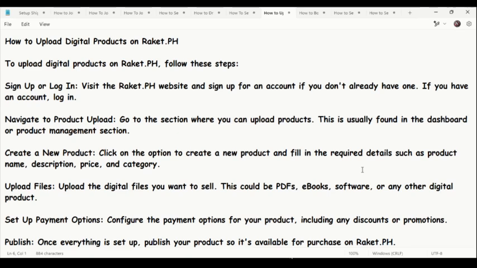After that, once everything is set up, publish the product so it's available for purchase on Raket. And that is how to upload digital